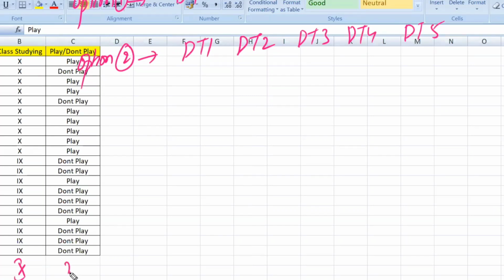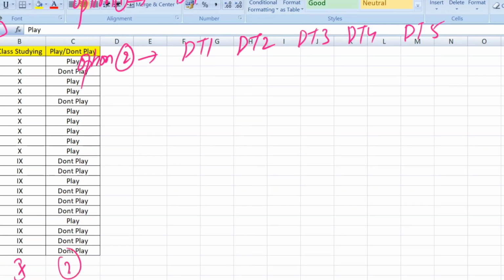This is what you have to predict. Now, what are you going to do? In option number 1, whatever decision tree you have created, you are going to forward this data into this decision tree and finally you will get the output, a leaf node. At the end, one leaf node you will get, right? And you are going to predict the class. Okay, this is in the single decision tree.